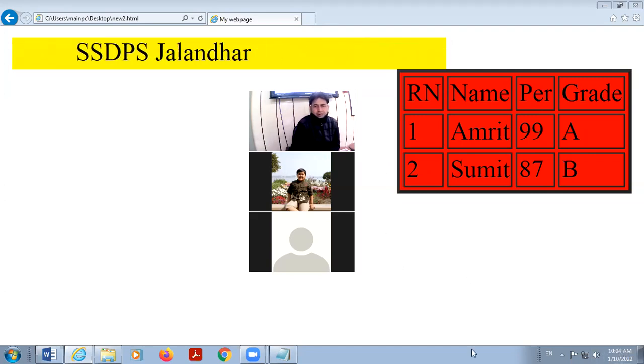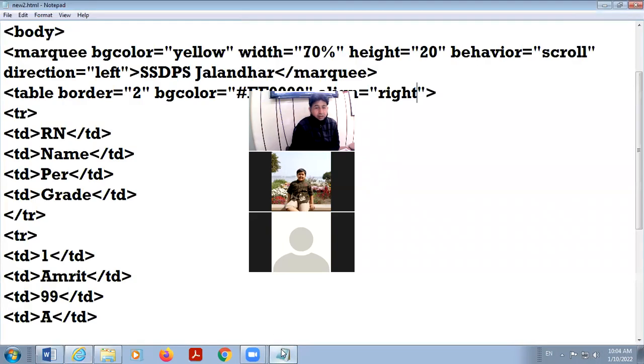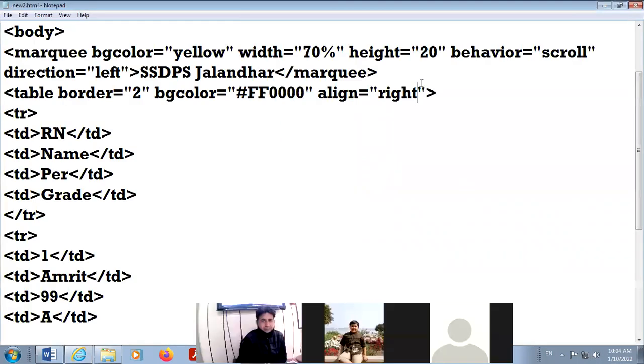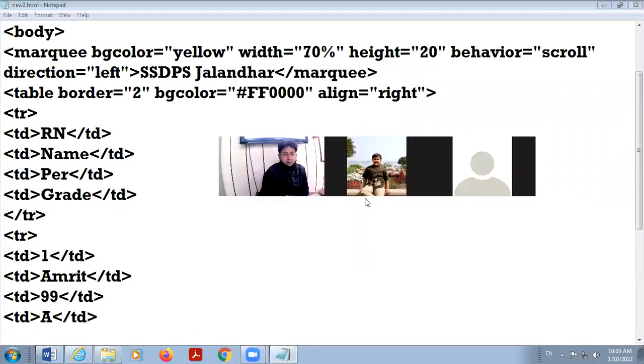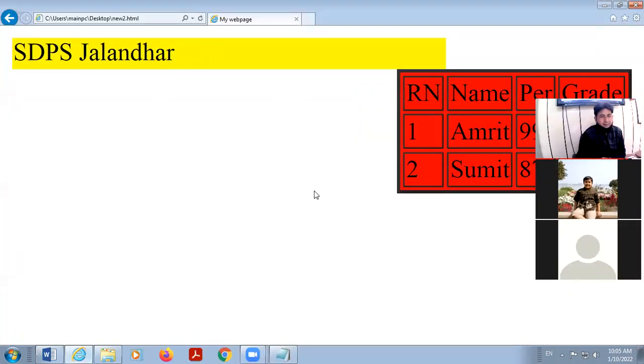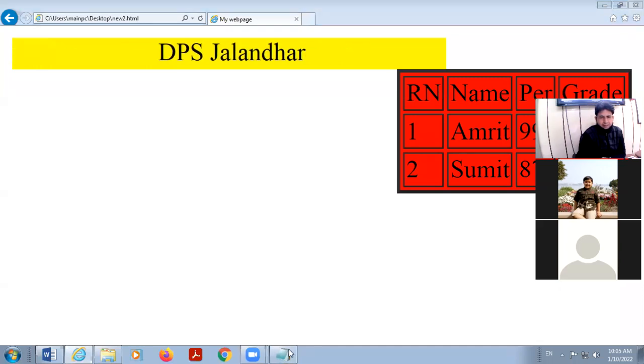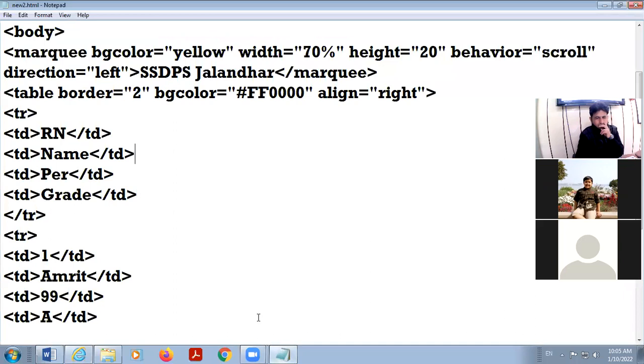Now, next attribute of table tag is height and width of table tag. Because in the table, the height and width is adjusted according to the contents here. Okay, I'm placing this table in the center of your web page.